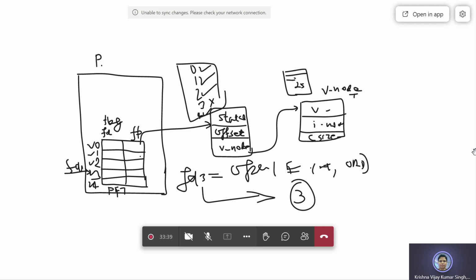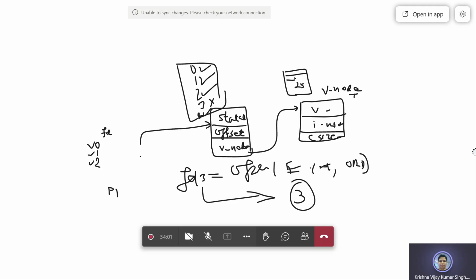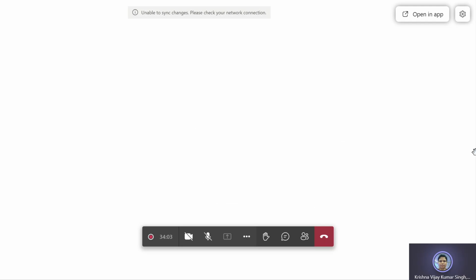You just do it in your experiment. Whatever things I am telling you, you have to experiment and see what is coming: closing, opening a file, and what file descriptor number is allocated to you. These things have already been given in the PPT also. In the last PPT I gave 2 programs related to files that you have to execute.